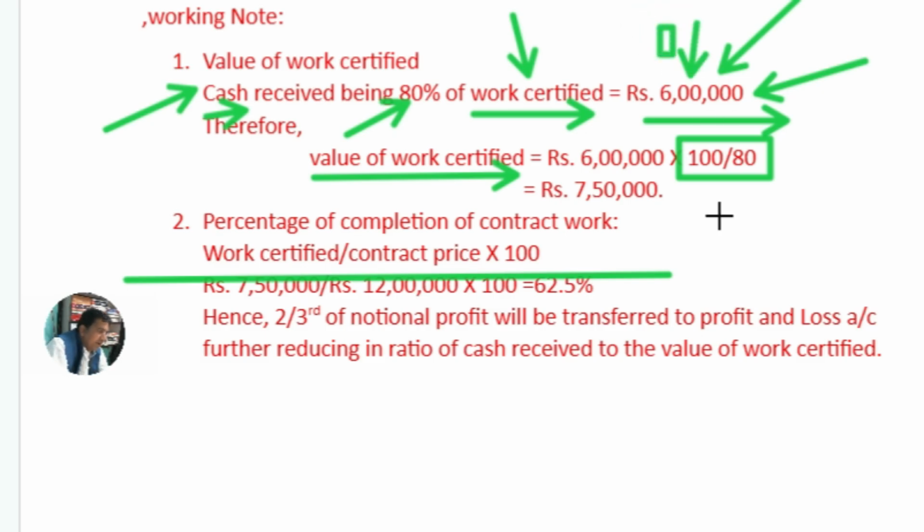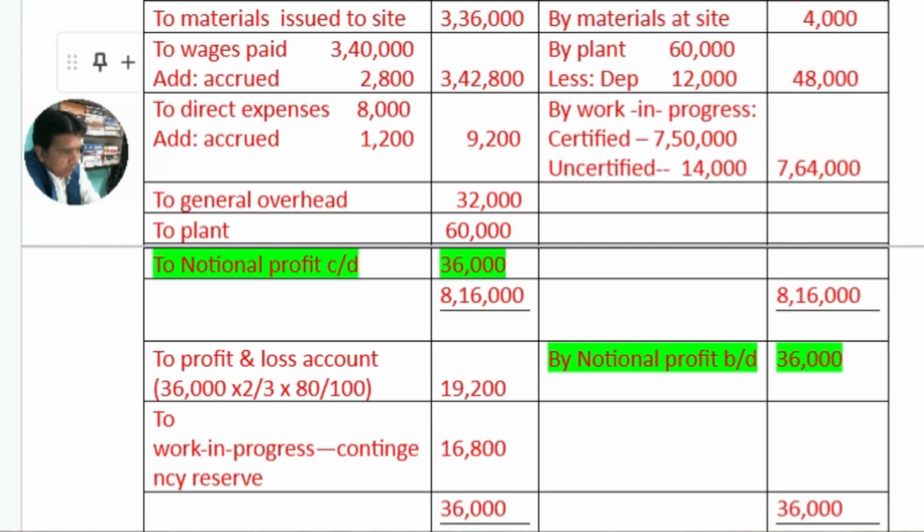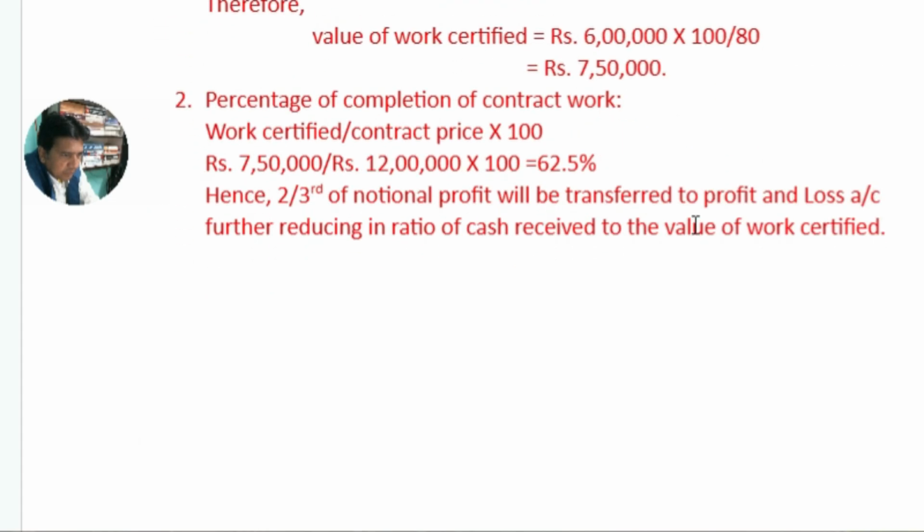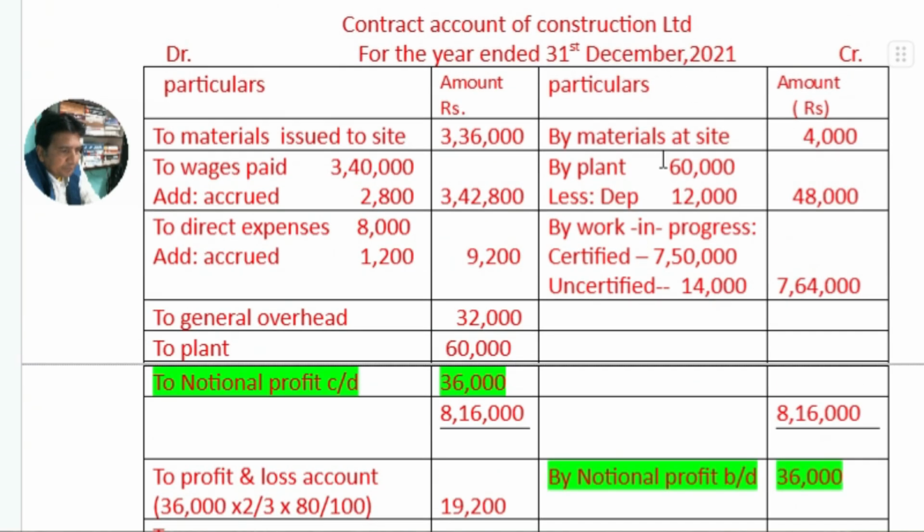7,50,000 into 80 by 100. So that represents the cash receipt. 20% is retained by the contractee as retention money. That is called retention money. So this is the value of work certified, 7,50,000, which we have calculated through the working notes. 7,50,000 here, and now the value of uncertified work is given, 14,000. So together the total value is